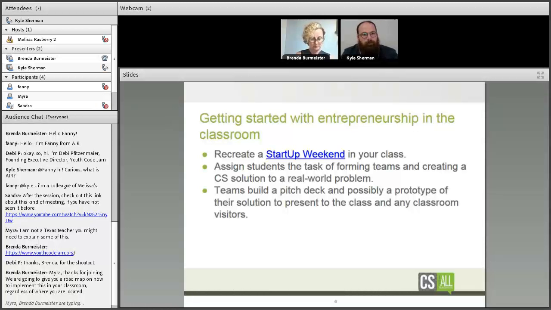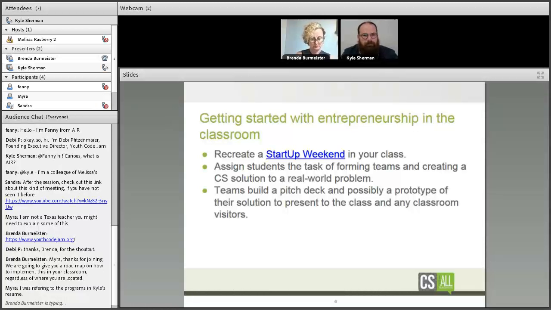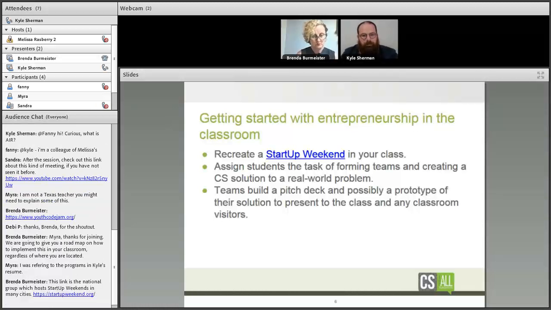So one of the ways that you can start entrepreneurship in the classroom would be to take something that's already established and then make it fit your classroom. There's no point in reinventing the wheel. So one significant organization is Startup Weekend. They have other types of startups. They even have a Startup Week, but Startup Weekend, if you're unfamiliar, is